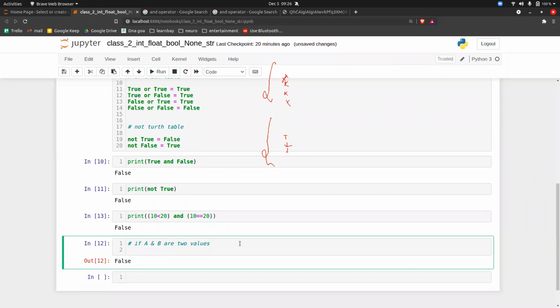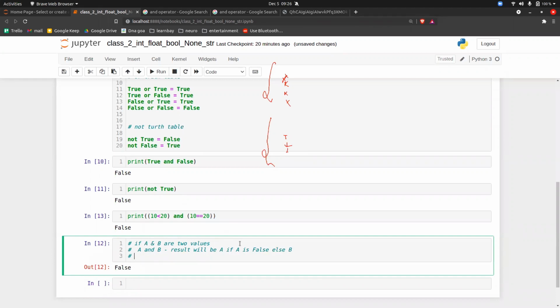If you do a and b, this will be the result: result will be a if a is false, else b. And the second is if it is a or b, result will be a if a is true, else b.